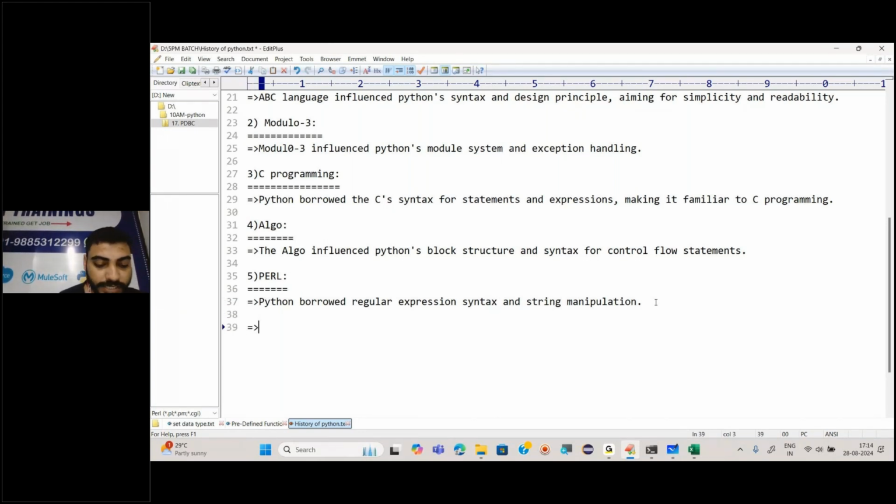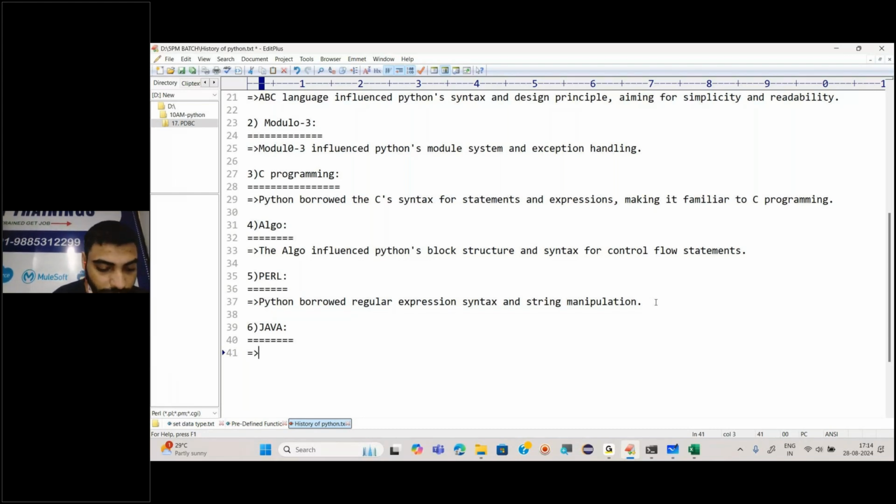Also, there is one more programming language called Java. Everyone knows this, right? Java programming. Obviously, Java is a pure object oriented programming language, right?